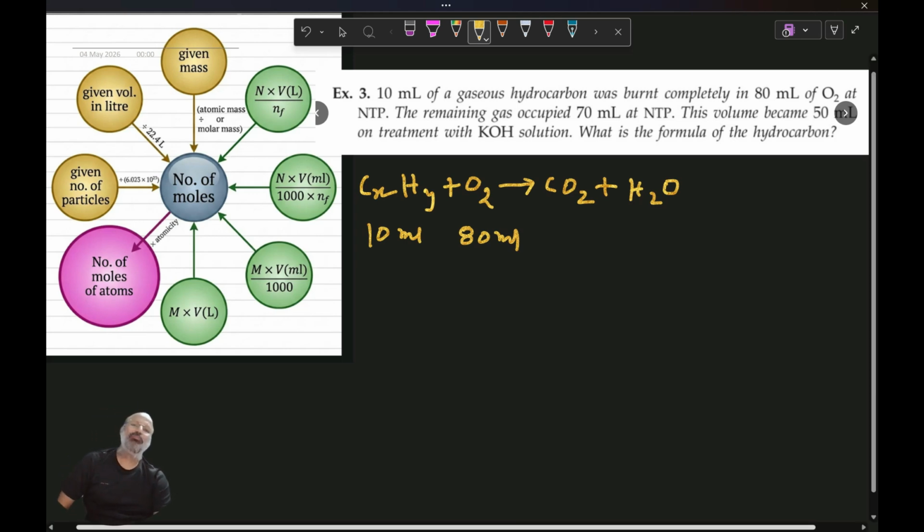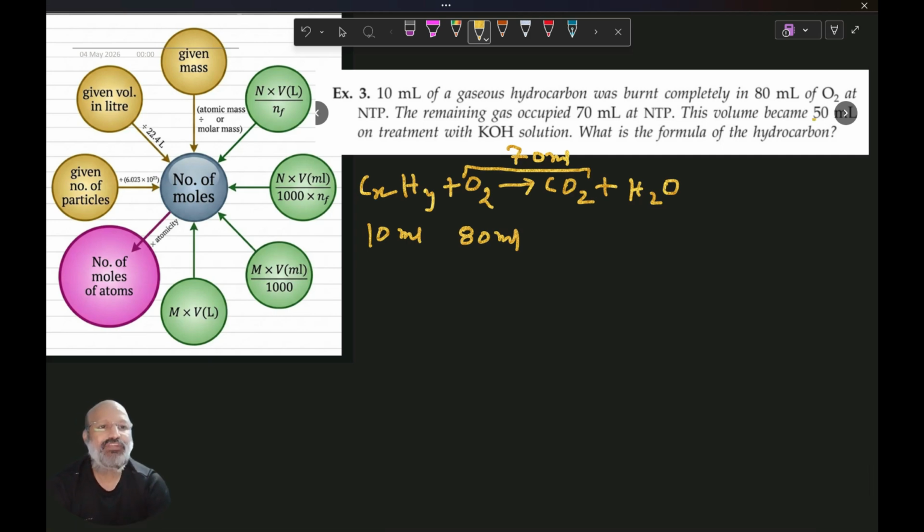When they say NTP, it means normal temperature and pressure. It means the volume of water will be negligible. It will convert into liquid, so it will be negligible. So whatever gas is left behind, they are saying it is 70 ml. So we can understand it is the leftover oxygen and CO2 gas combined, which is 70 ml. Now they're saying out of this,